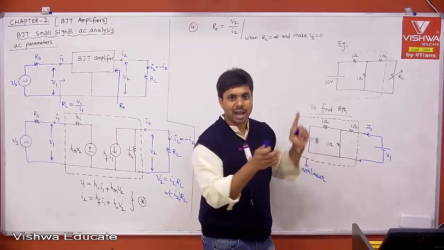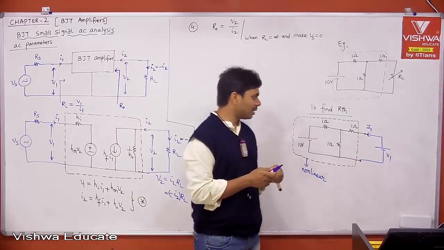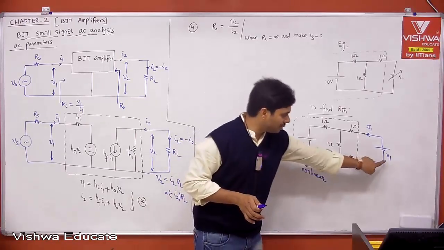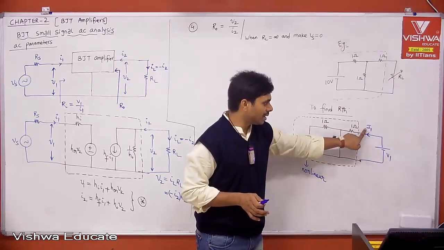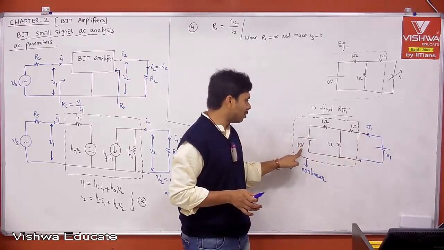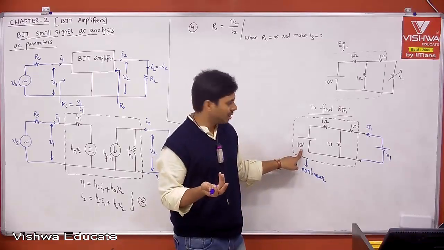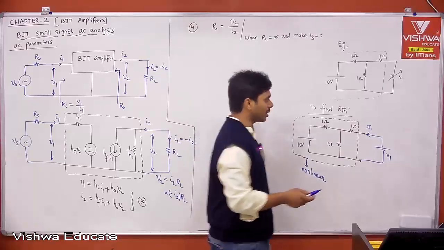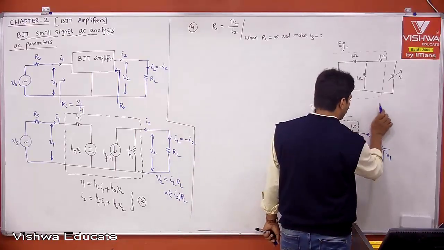I am clarifying that, I am clearing that out. Therefore, now tell me, if a 10 volt battery is there inside, when you say V1, then you are getting I1. Your I1 is not only because of V1, your I1 is also because of the 10 volt battery. Superposition, right? Therefore, this 10 volt is also giving some current, and V1 is also giving some current. Therefore, can I write it like this? Your I1, whatever I1 you have,